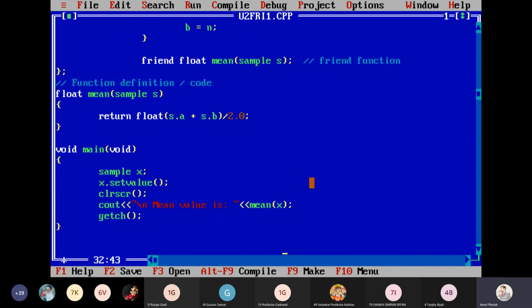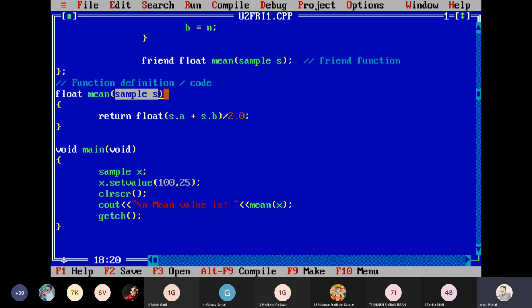Now I need to make the change in my program. In x.setvalue, I have to pass these two values. I'm passing the first value 100 and the second value 25. So the addition will be 125, and 125 divided by 2.0. And here I'm using this mean function and passing the object of this class directly to it, because this friend function is using this object.